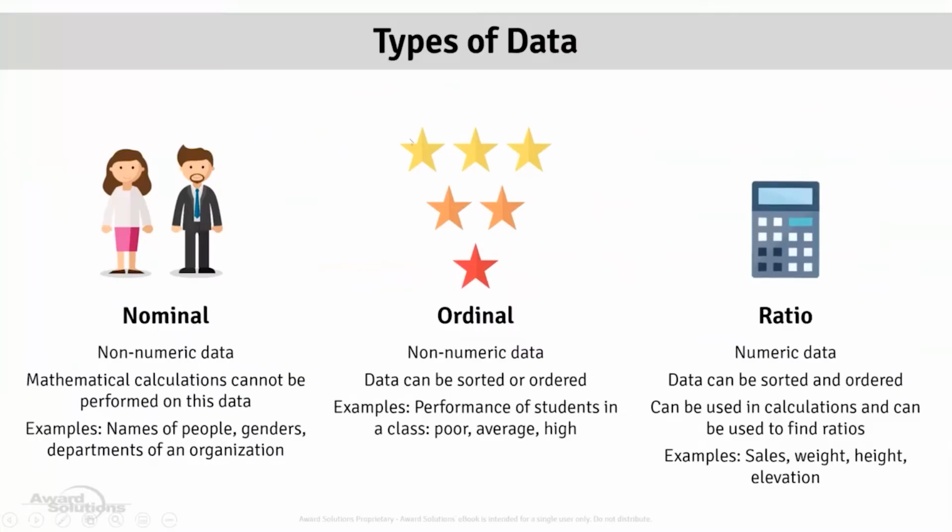So first thing we need to understand, and Jennifer started this conversation very well, is there are different types of data that you may need to have. There are certain things that are nominal data. Nominal data is non-numeric data, and you cannot do mathematical calculations on this data. Names of people,